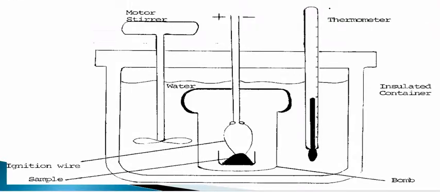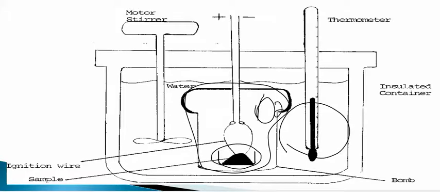What we're going to do is take a sample. We're going to place it inside the bomb, which is just a stainless steel container. We're going to fill this container with oxygen, and we're going to combust the sample. When we combust the sample, we're going to produce CO2 and water. The combustion will also produce heat. The heat is either absorbed by the bomb, which is this stainless steel container, or heat is absorbed by the water. Well, by getting the increase in temperature, along with some other factors, we can measure the heat of combustion